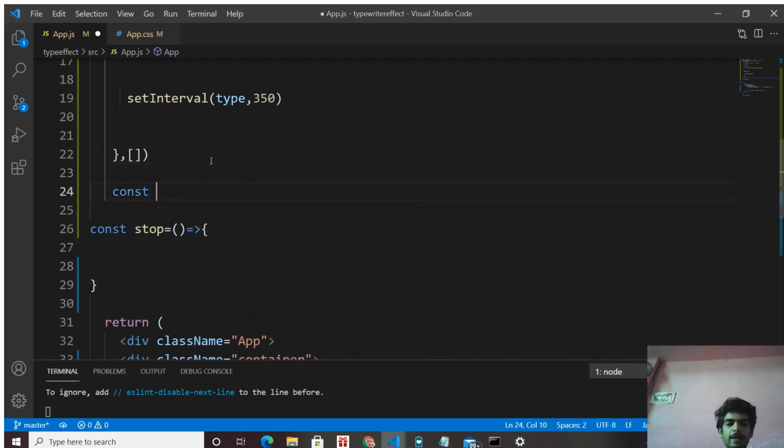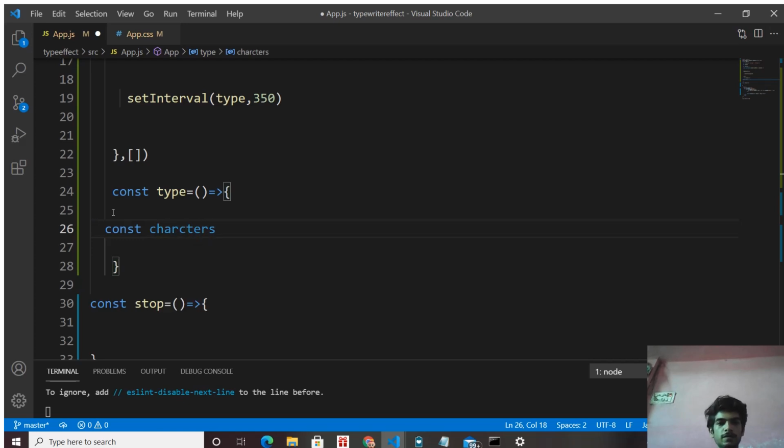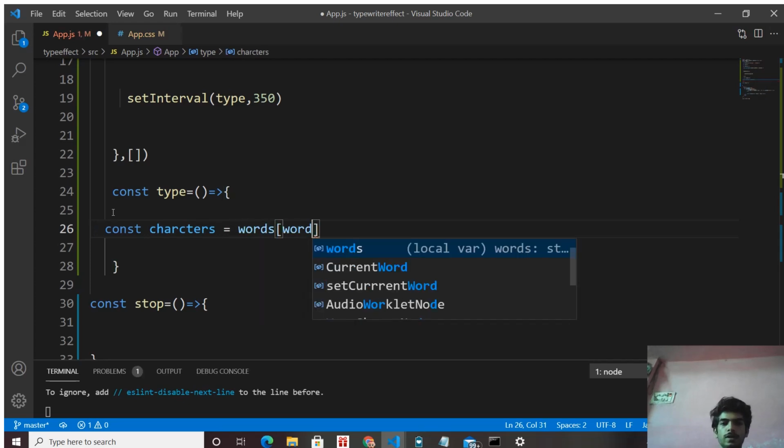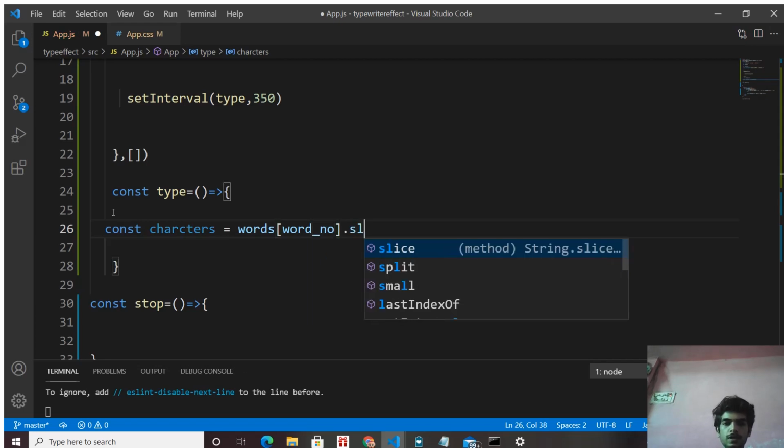let's define the type function. So we are creating a local variable in this type function. Characters, words, word number, dot slice.